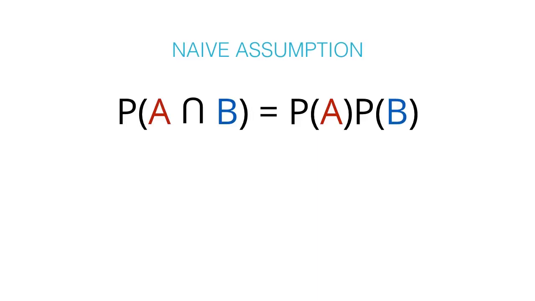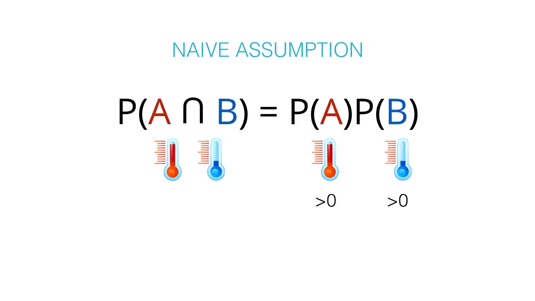For example, if A is the event of it being hot outside and B is the event of it being cold outside, then they both have a positive probability. But now, what's the probability of both events happening at the same time? This would be 0 since it can't be hot and cold at the same time. So this formula doesn't follow because the events of being hot and being cold are dependent on each other. But in naive Bayes, we will assume that our probabilities are independent. This, as we said, is a false and naive assumption, but in practice it works very well and it makes